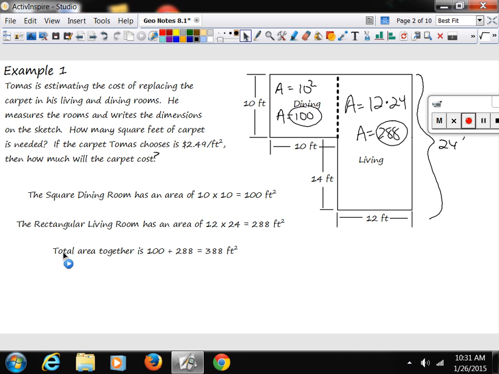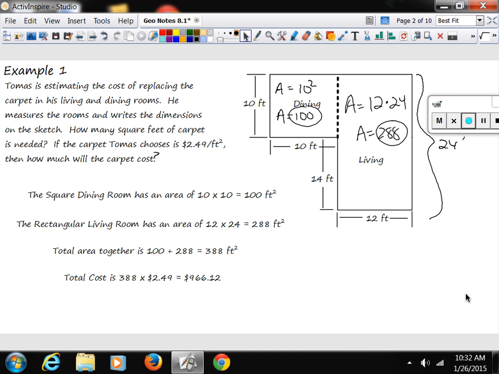So 388 square feet of carpet, and each one of those square feet is going to cost him $2.49. He's got 388 of them, and each one is $2.49. So it's going to end up adding up quite a bit because carpet's not that cheap. $2.49 a square foot is an average amount for carpet. So he's going to need to multiply 388 times 2.49, and it ends up costing him